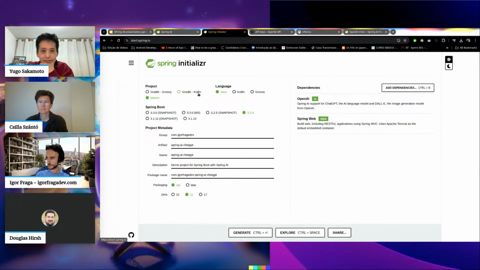I've just created this project before the call using Java, Maven, and Spring Boot 3.2.4. You can create your own with anything you want, but the dependencies are what matter. I'm just using Spring Web here for a test, but the one that matters for us at this exact moment is Spring AI support for ChatGPT.